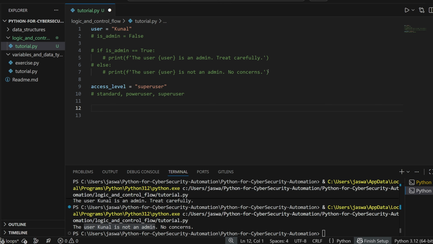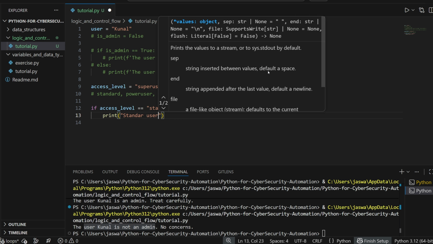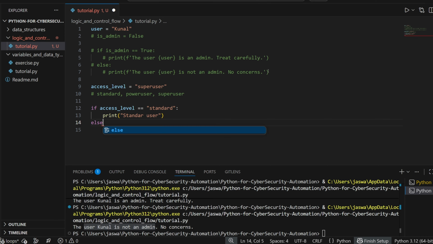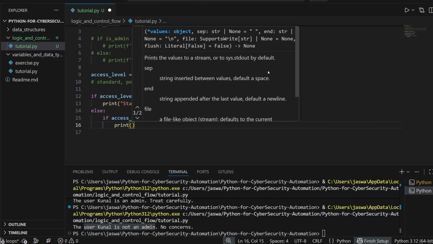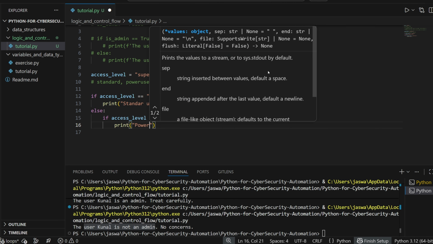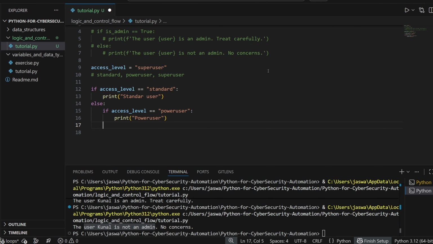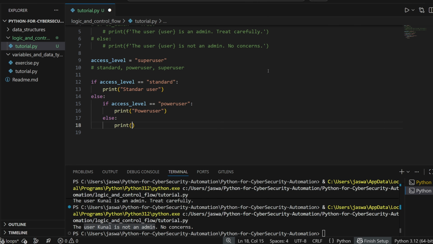Now the first thought in this case would be to write something like this: if access level equal to standard, print standard user. Then you can write else, and inside the else you can again write if access level equal to power user, print power user, and then we have an else and you print